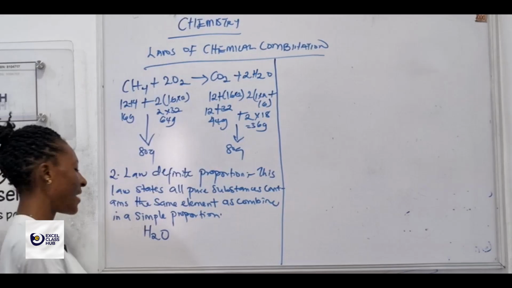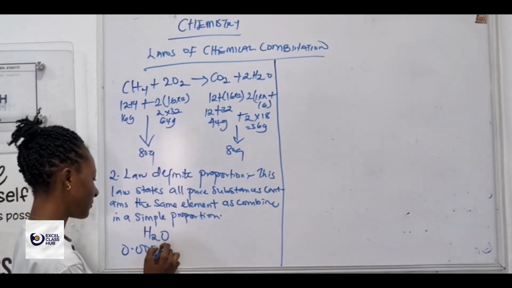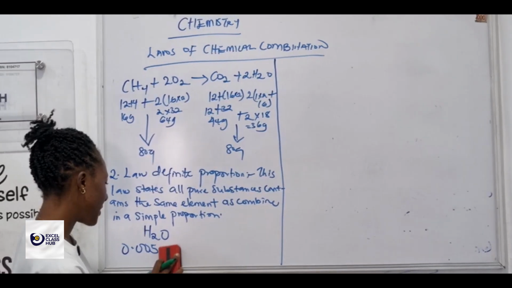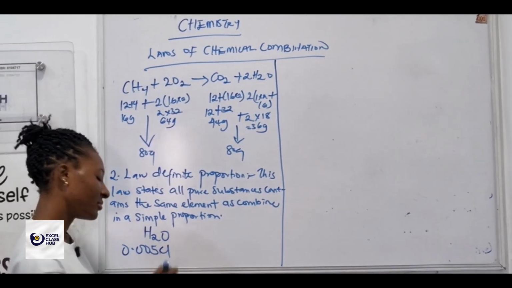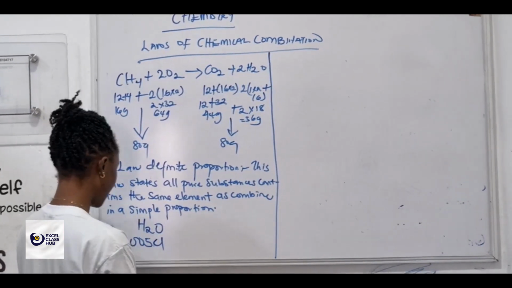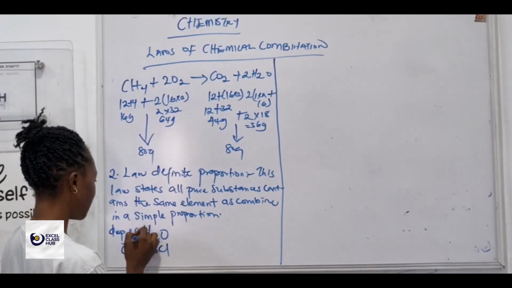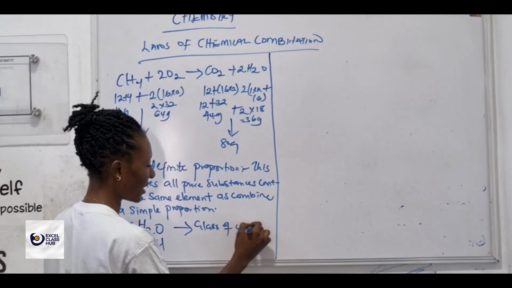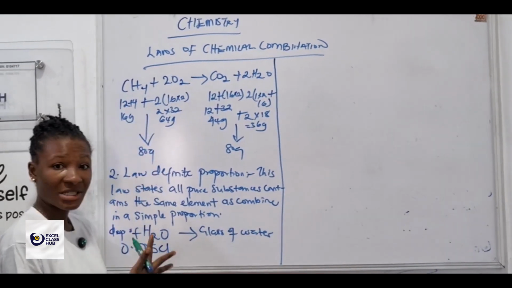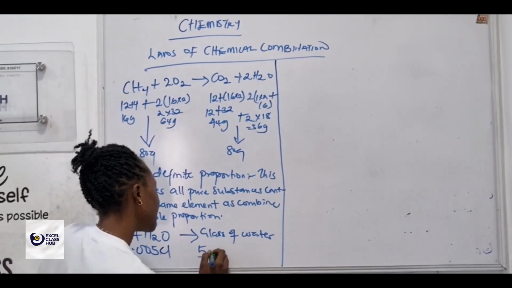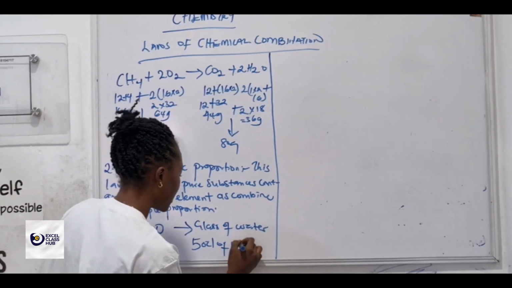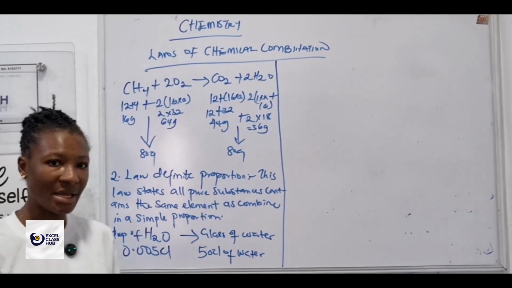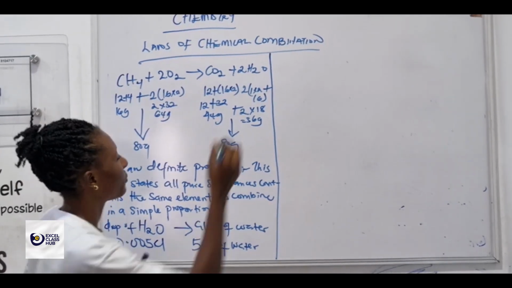Maybe in a drop of water, I may have 0.005 cl of water, and then in a glass of water, I may actually have like 50 cl of water, which means that the same element hydrogen,